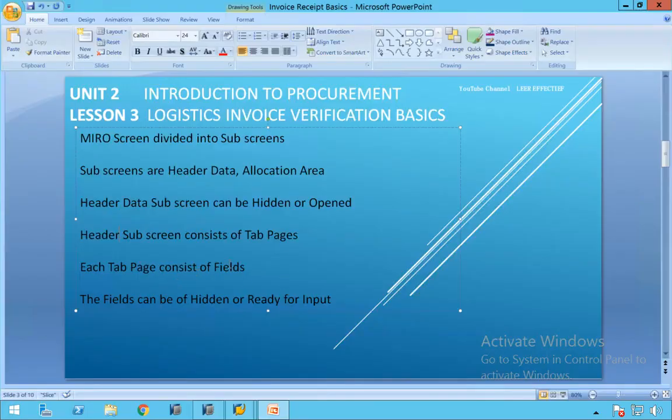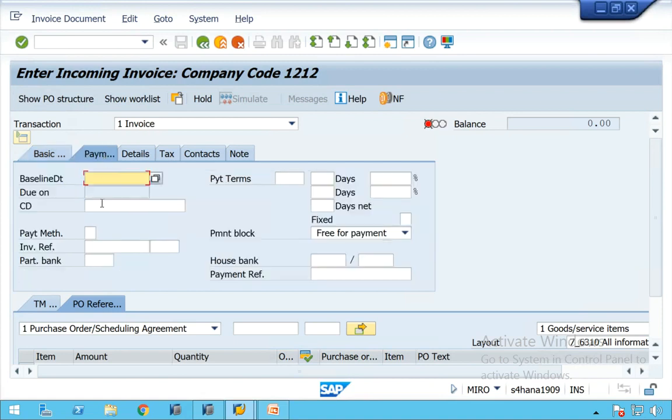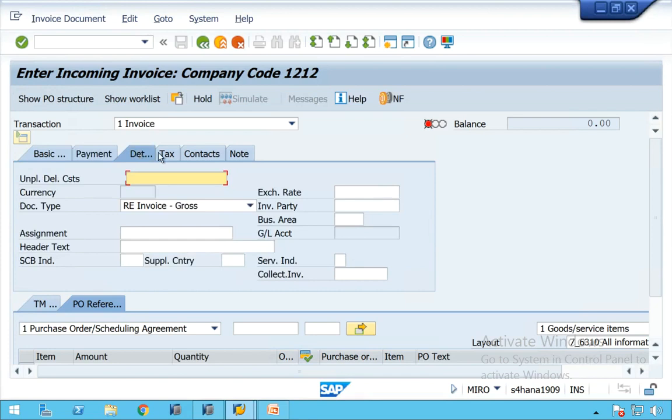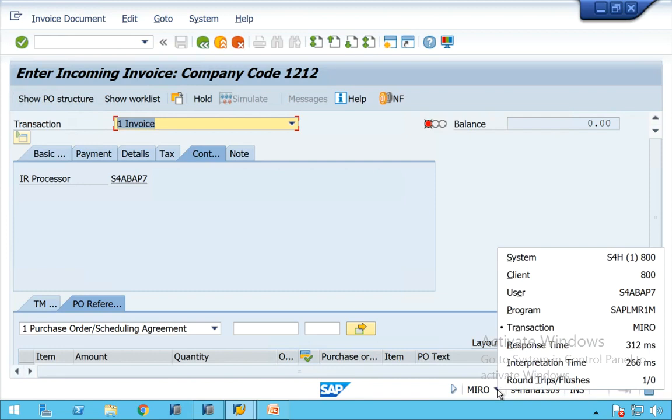Now, each tab consists of fields. Can you see this? Go to the payment tab, and go to the details tab, tax, contacts. Can you see the field invoice receipt processor? Can I change it? No, it takes the user who is processing this particular transaction, MIRO.